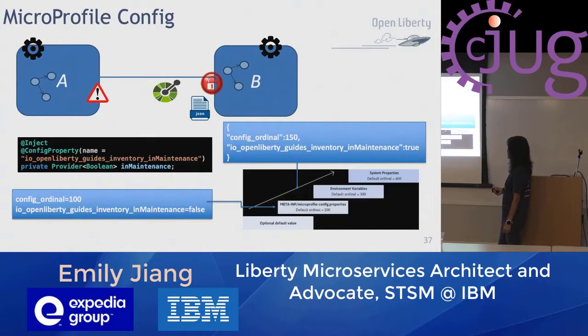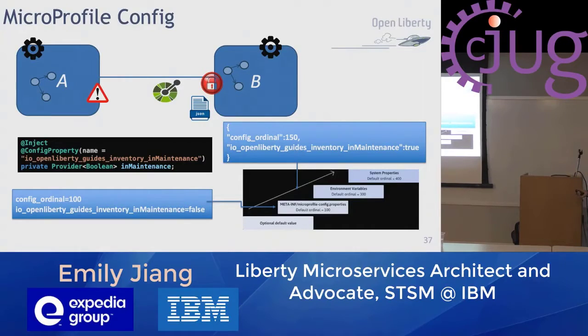And I can specify this property in some other places, or I could specify it inside my microservice when the developer first develops this microservice, and I put the value false. And later on, if you work in DevOps, maybe you say it's in production, but tonight I'm going to recycle my service, and you set maintenance to true. In this case, the microservice goes through this code, inMaintenance is reset to true, and then here you will get a true.